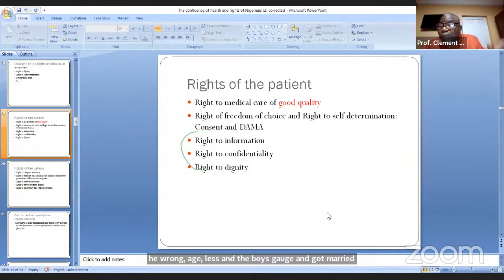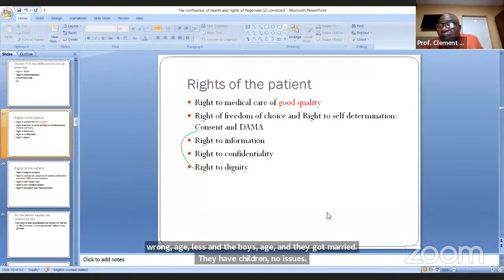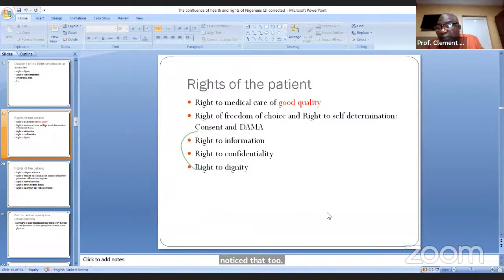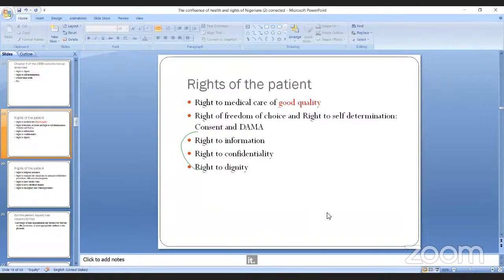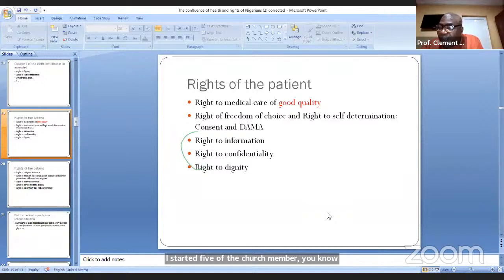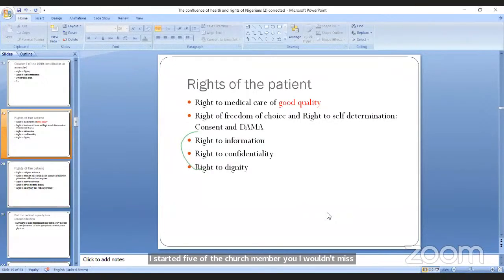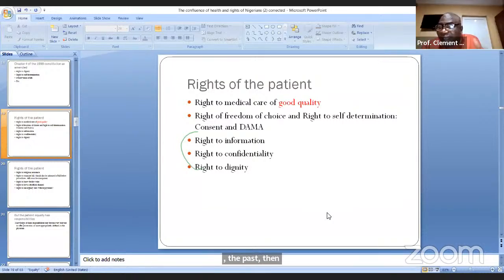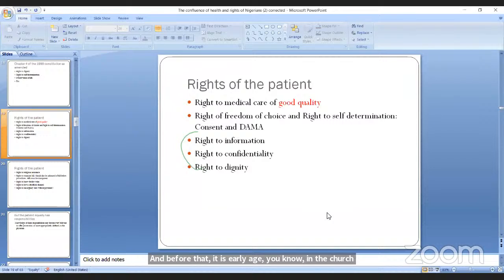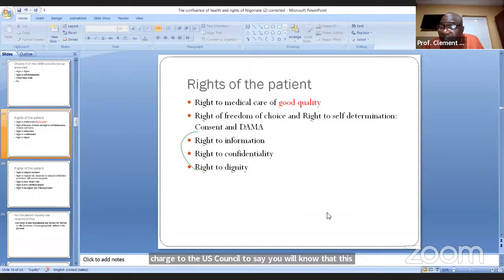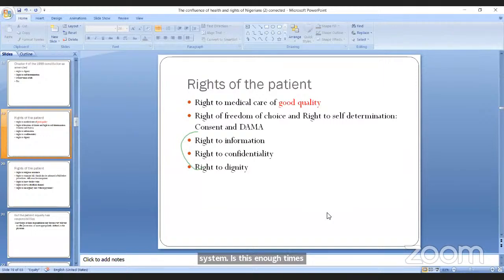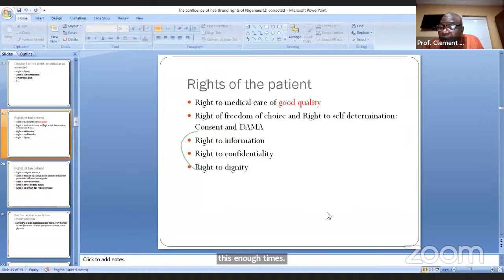The woman now came to register for antenatal care in a hospital where a church member works, in the antenatal unit of that hospital. She saw the file of this church member, the Jehovah's Witness, and opened the file, reading through, and saw that the lady had done abortions about 3 times in the past. Then she also saw that the age in the folder is different from the age in the church. And so she went to the elders council to say, do you know that this sister is deceiving us? She had done abortion 3 times. Her age is not the same age we have in our record.